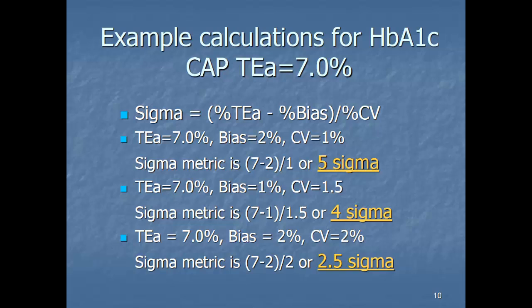Well, those three methods would take entirely different types of quality control. The first one, with the sigma of 5, is easy to do with an n of 2. The middle one is going to take an n of 4. And the bottom one, you can't run enough QC. You can't afford to run enough QC to be using that method in your laboratory.